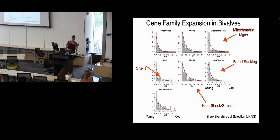And at the phenotypic level, some people have suggested that this species has gotten much thicker shells over the years to help it escape predation and possibly lay down shells as the concentration of different ions may have fluctuated in the river. There's also these opsins. We have no earthly idea of what's going on with them, but we know that they're amplifying like crazy. So here in this computationally blind approach, because we were obsessed with duplicate genes, we were able to find these cases of rapid expansion. On top of that, we have